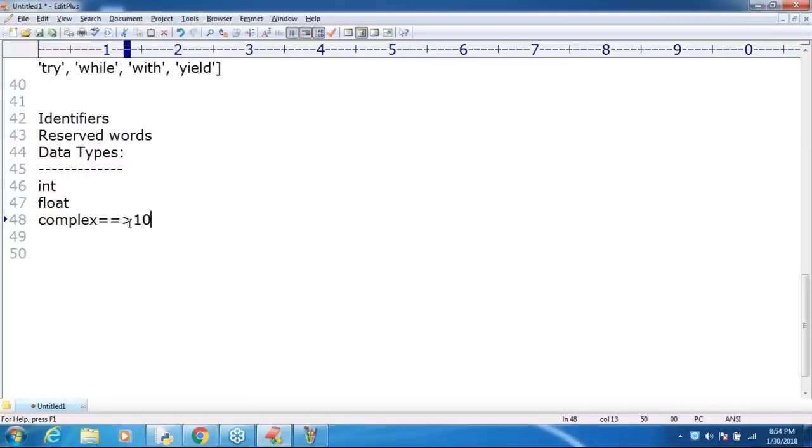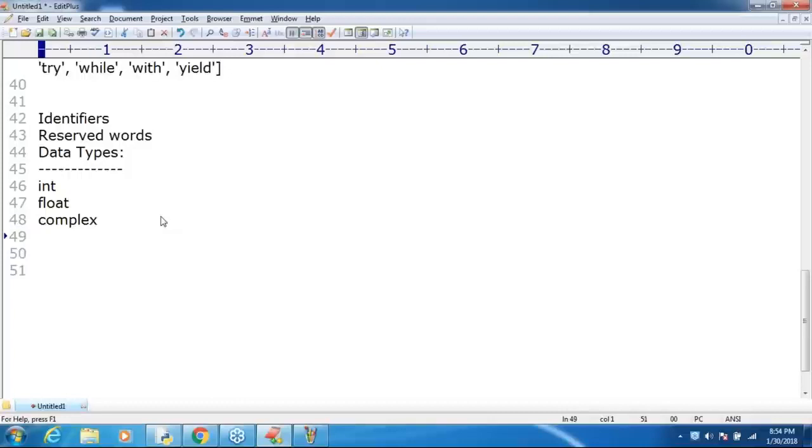Something like 10 plus 2i or 2j, something you may have heard about in our childhood mathematics. Such complex mathematics, complex logic, is nothing but complex data type. Complex numbers are the best suitable for scientific applications, right?